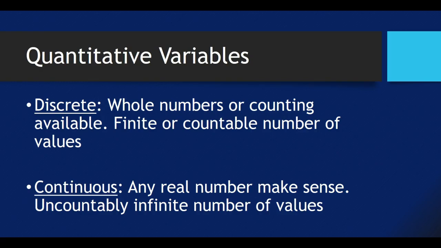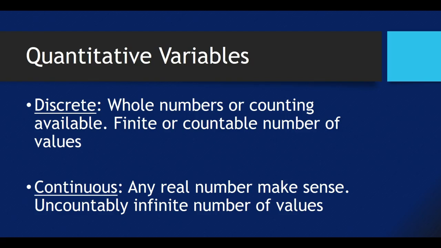So within the quantitative realm, we split this up again into two more categories. That is the discrete and continuous variables. Whole numbers or counting numbers are the discrete case. So things like 0, 1, 2, 3, 4, 5. In our last examples, children would have been a discrete variable. You can have 0, 1, 2, 3, 4, 5 children. You wouldn't tell somebody you have 6.38 children, okay? So only a finite or countable number of values is available when we're talking about discrete variables.